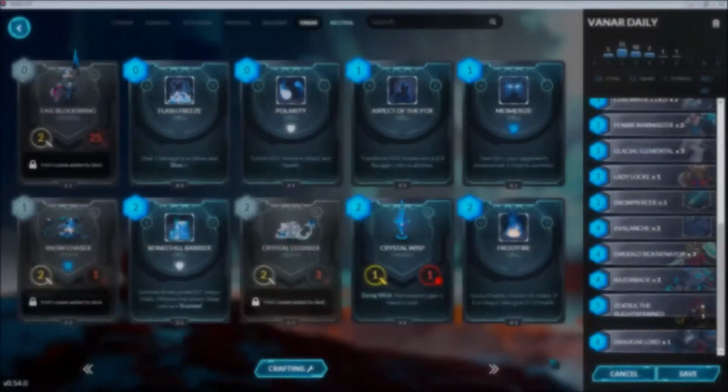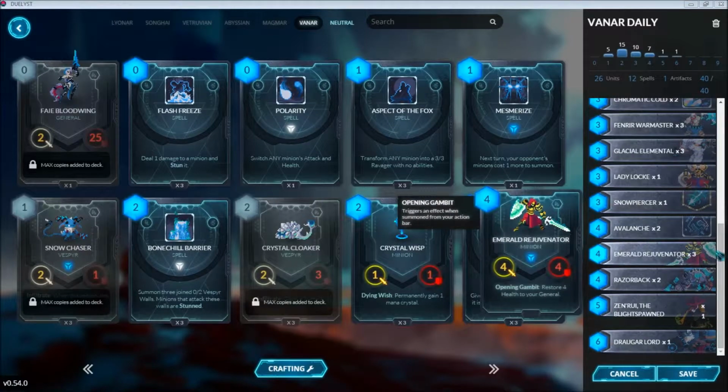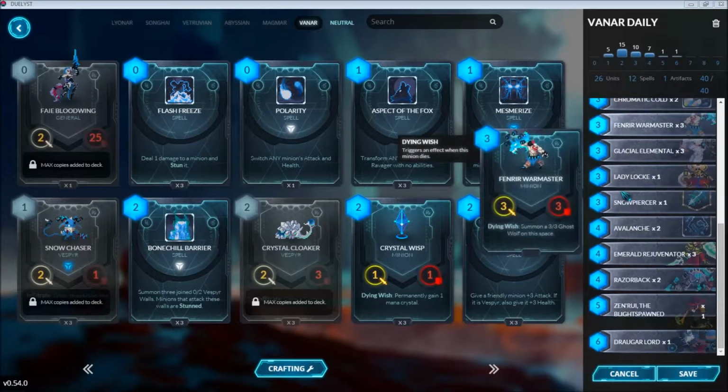Here's the deck we'll be using for today's Vanar Daily. Once again, I'd like to remind you that this deck is in no way optimal, and that as my collection grows, so will the deck. The strategy of this deck is a mid-range strategy, to play efficient creatures and basically beat down your opponent with